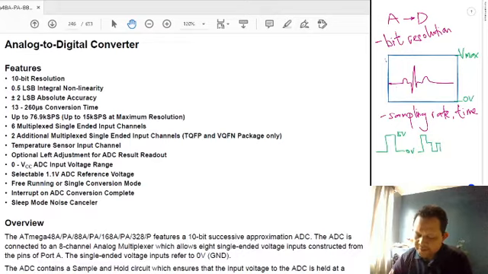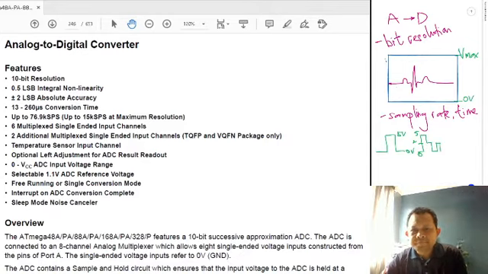So it's not only between 0 and 5, it will be 0 and 2.5 over here. If it is 1 bit, 1 bit means I can represent